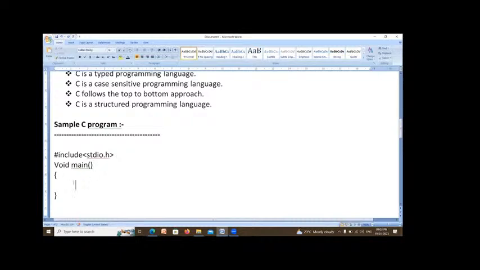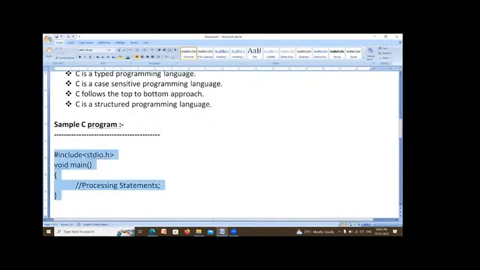In between these two curly brackets, you have to write the solution for the program. That solution is called processing statements. Right. It is the sample C program.